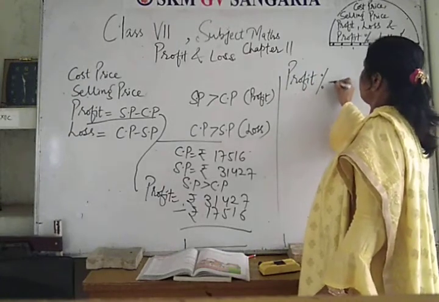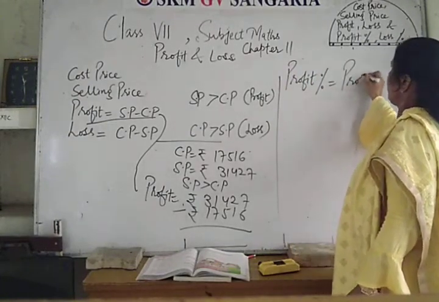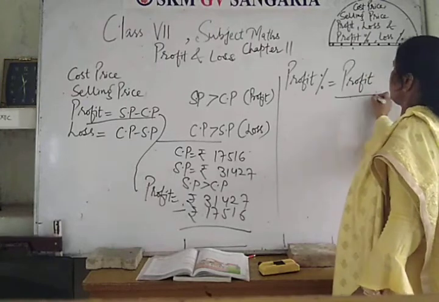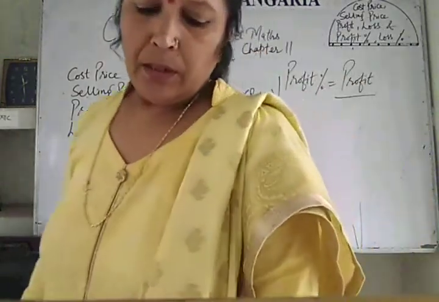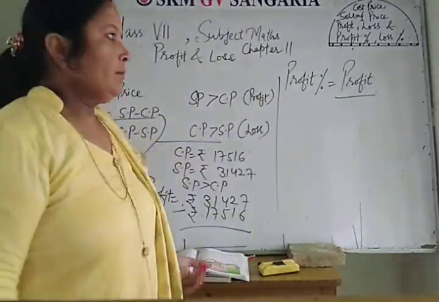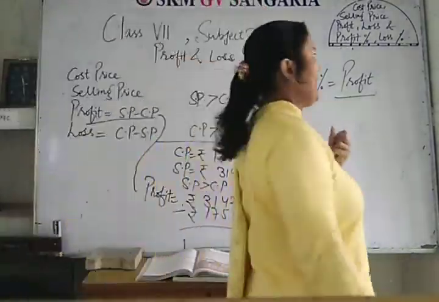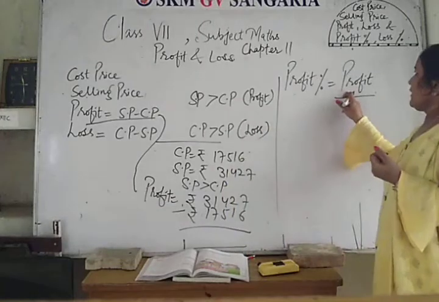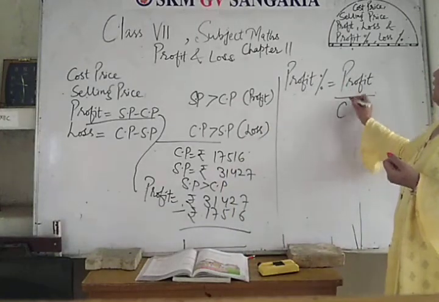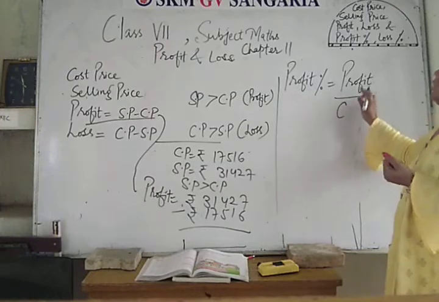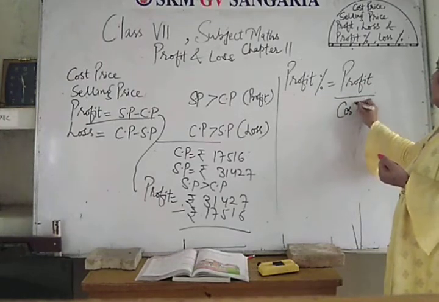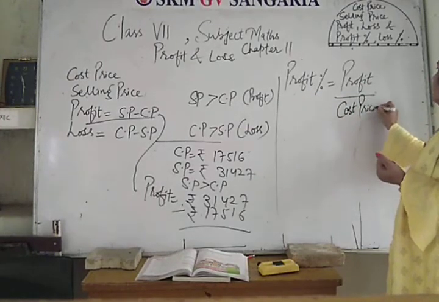Profit percentage is equal to, first of all you will find the profit or loss, whatsoever it is, but we are dealing here with profit percentage. According to the word problem, you will first find how much profit is there, and after getting the profit, you will apply this formula to calculate profit percentage. Profit divided by cost price into